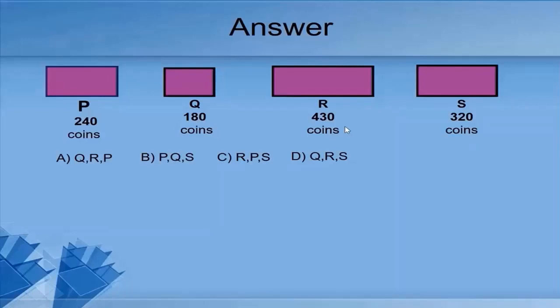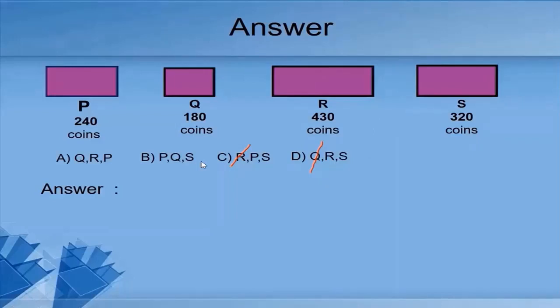In the hundreds place we have 4 and 3, which when added gives 7. So when we add R and S itself, we may get an answer above 700. But we need to add 3 boxes, so it is better to leave out the combination of R and S. So now I will add the other combinations.